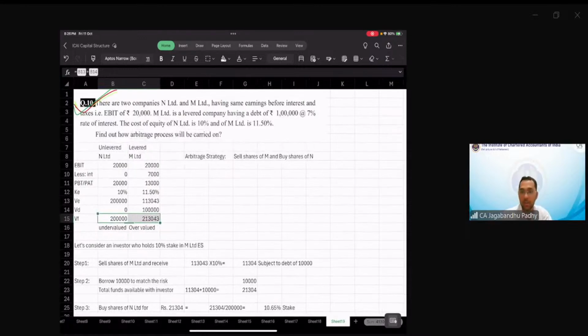Yeah, guys. So with that, we are through this entire topic of capital structure. We don't have a class tomorrow, but yes, we'll be meeting on Saturday. Not on Saturday, next week. So next week, we'll take up the last topic, which is leverage.